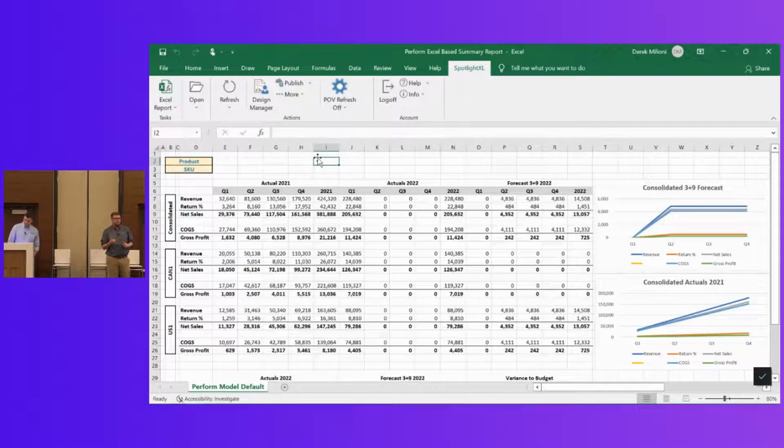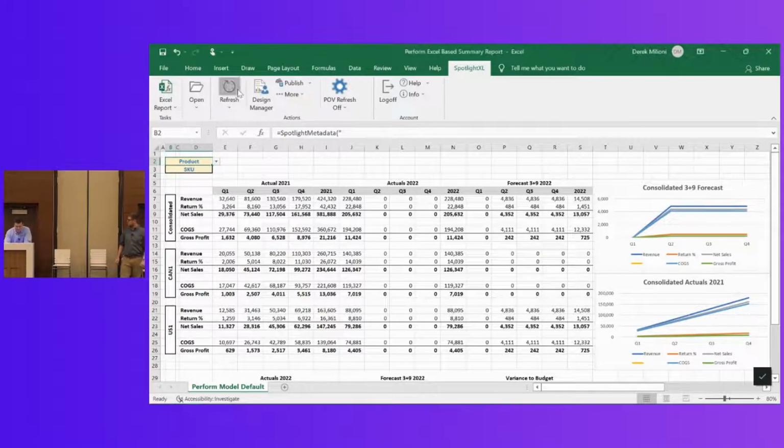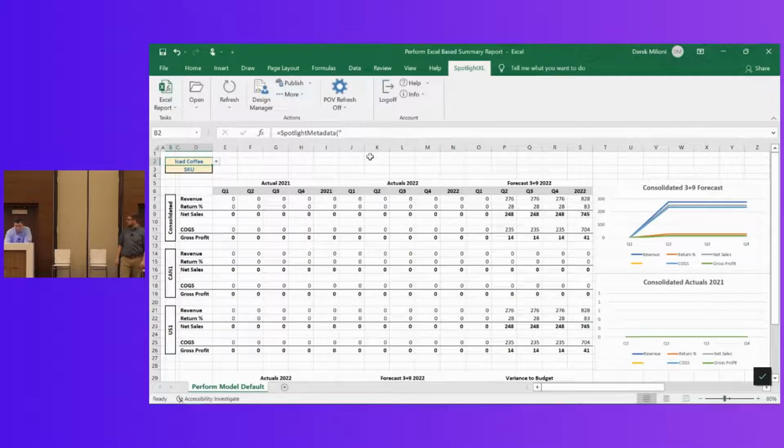Include multiple different summary reports, include different versions of forecast by product, by plan, by customer, because they're spending less time getting there and more time focusing on what they want to do once the information is ready to be forecasted off of. So if we want to look at our new product, iced coffee, and just see how that's doing, how do we do that? Sure. So up here at the top left, we have a filter. So if we come here and select iced coffee and then hit refresh, we're only going to see iced coffee